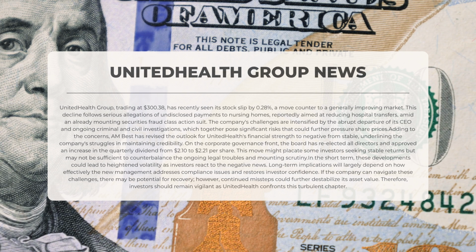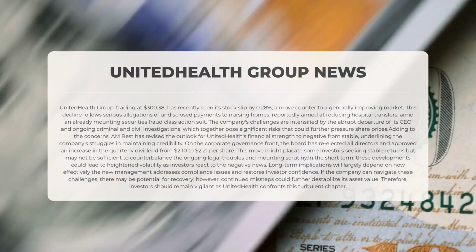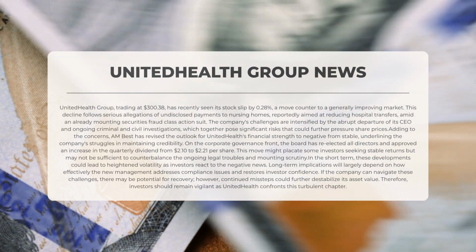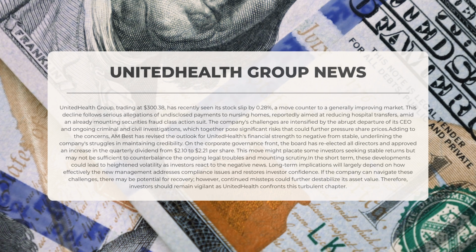Adding to the concerns, AM Best has adjusted its outlook for UnitedHealth's financial strength to negative from stable, emphasizing the company's difficulties in maintaining its credibility. In terms of corporate governance, the board has re-elected all directors and approved an increase in the quarterly dividend from $2.10 to $2.21 per share. While this decision may appease some investors seeking steady returns, it may not be enough to offset the ongoing legal